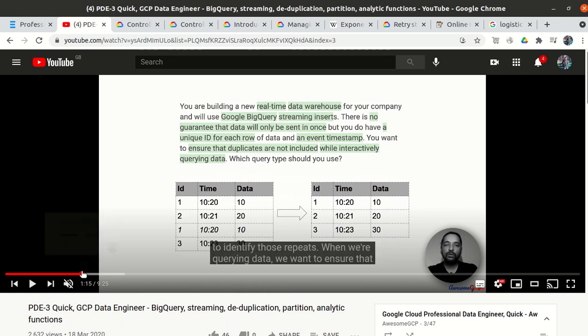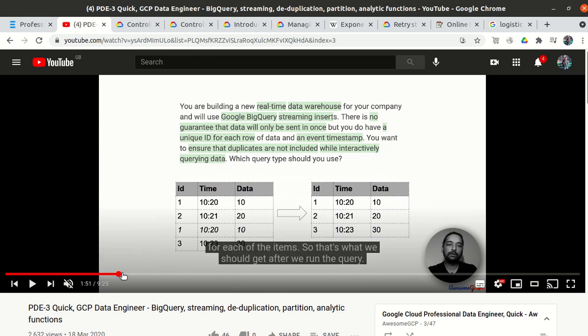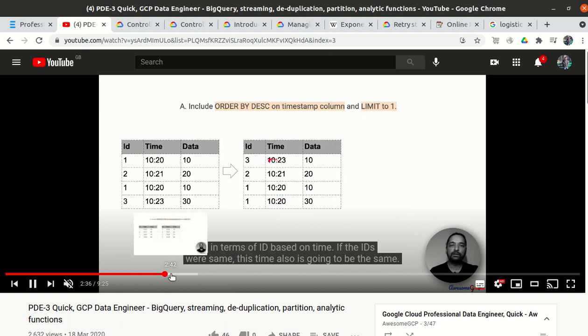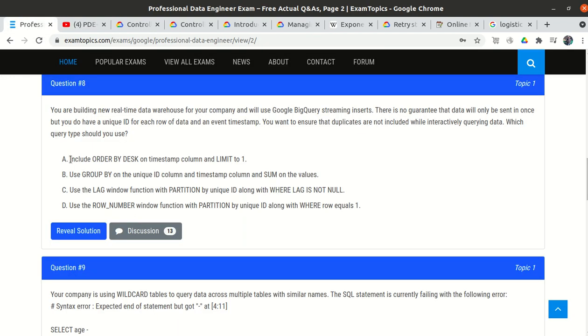So if you go to the first option, they said we will order by the timestamp column and limit to 1.